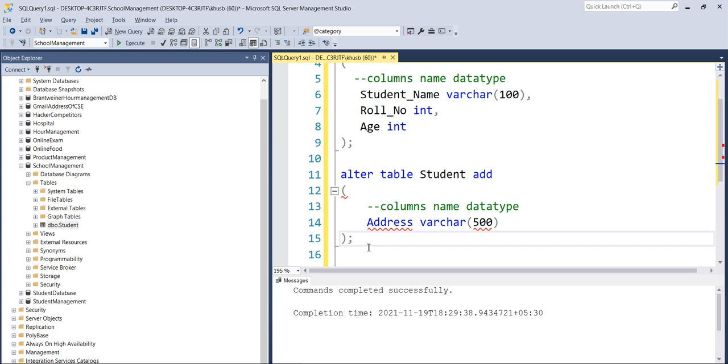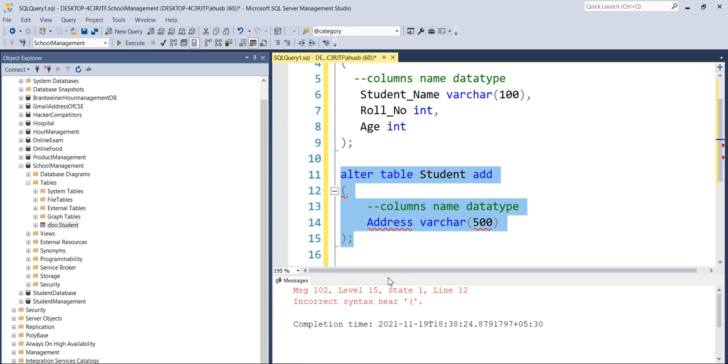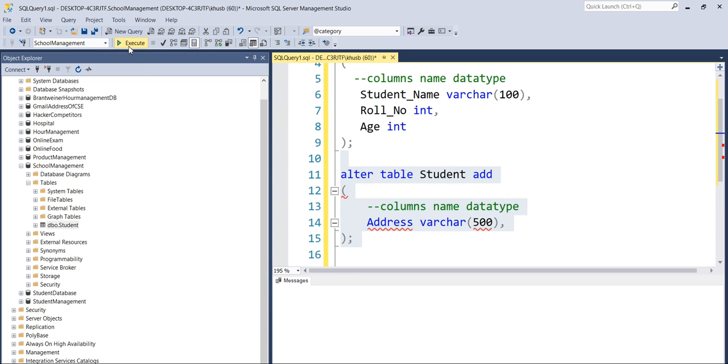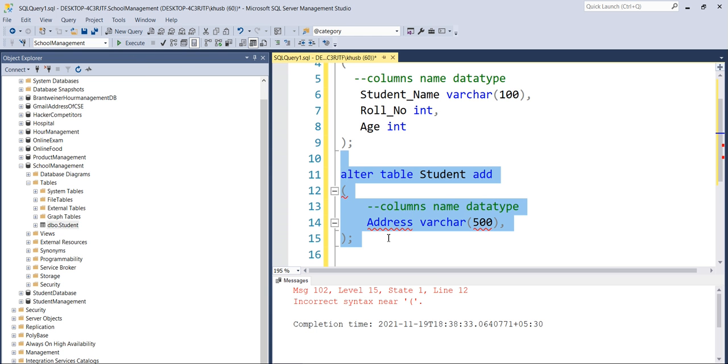So now again when I will select this and execute this, it is going to show me an error.